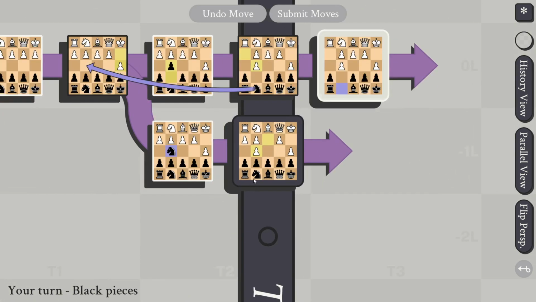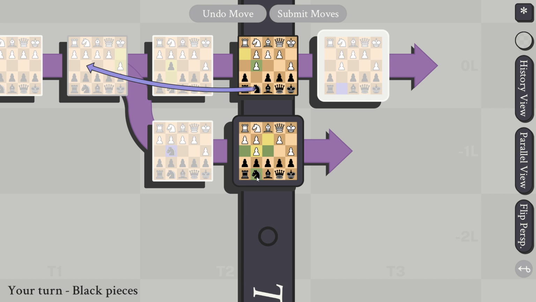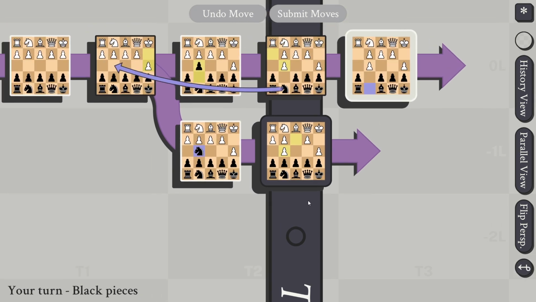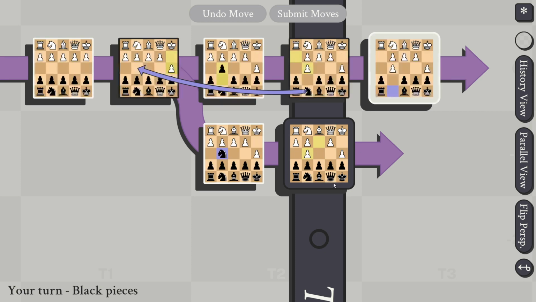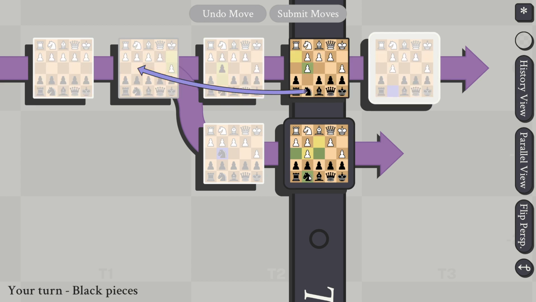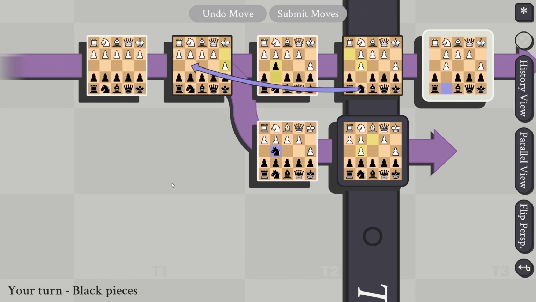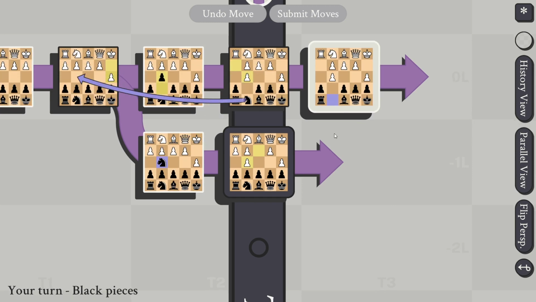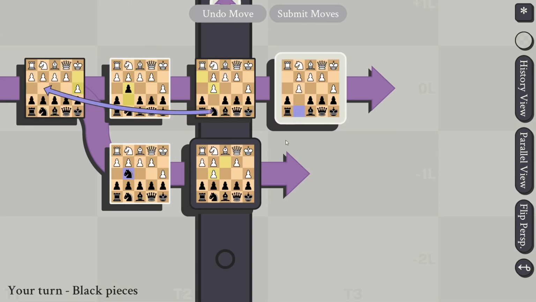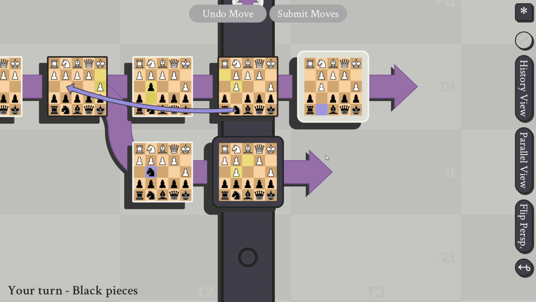Nice. Another fun thing you can do, which then gets really confusing, but I don't know if I can showcase it here, is sometimes your piece just doesn't move at all in space. It just stays at the same spot. For example, a knight could go 2 turns back and 1 dimension up. And then suddenly the knight is still standing on the same spot, but in another time and in another parallel universe.